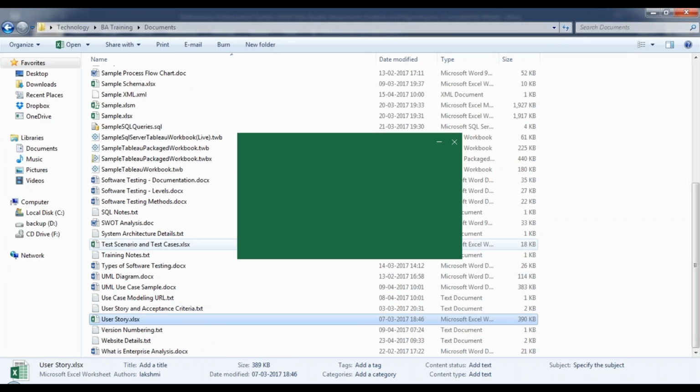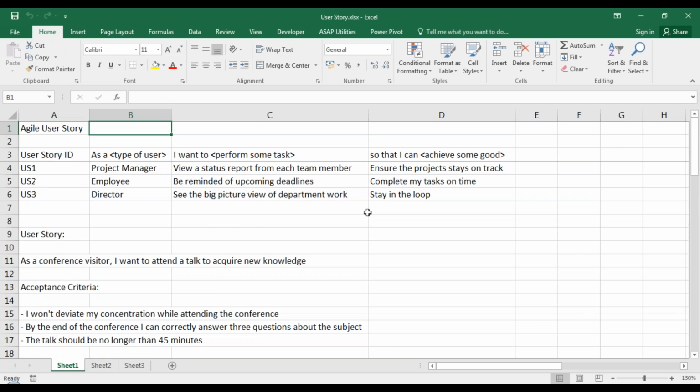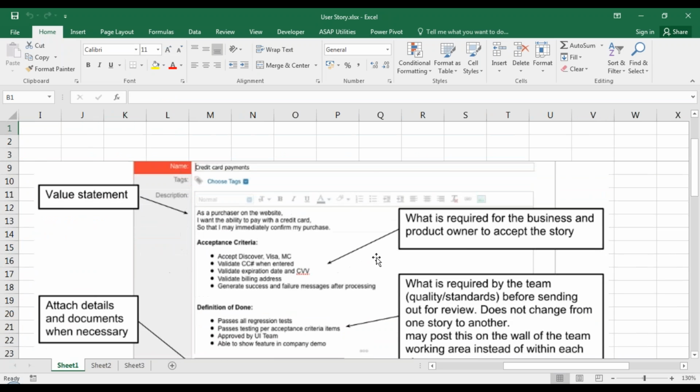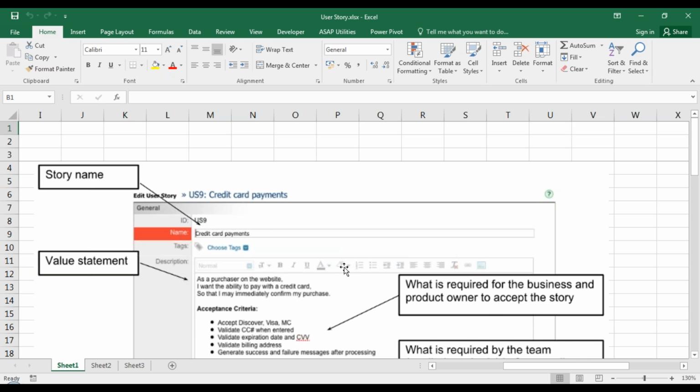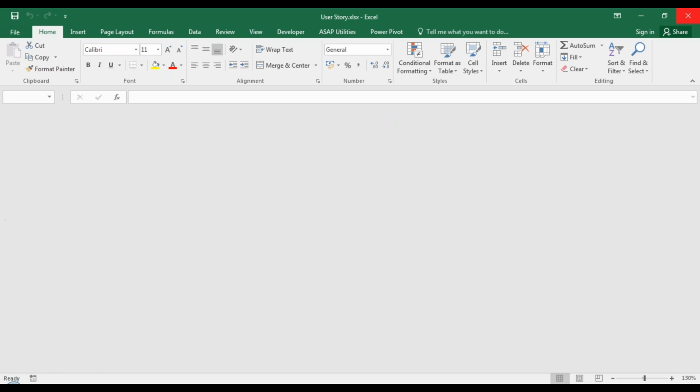How do you create user stories? How storyboarding is done? Okay, so these are some sample user stories. So how these user stories are created. What do you mean by acceptance criteria? How do you add user stories to an application? This is an in-house application where the user stories have been added. So how you add it and what are the different sections or parts of this user interface where you add the user stories. All these things will be covered and taught to you.